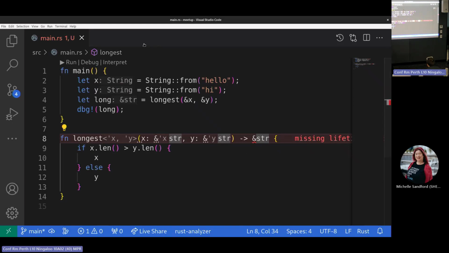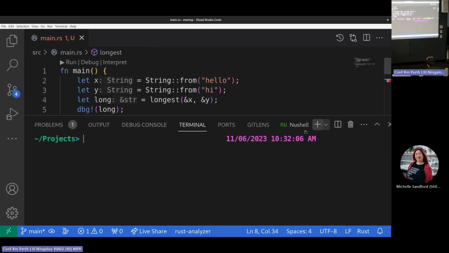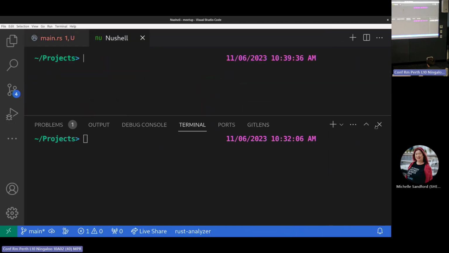No. So this is where we say, I've lost the terminal. Okay, so